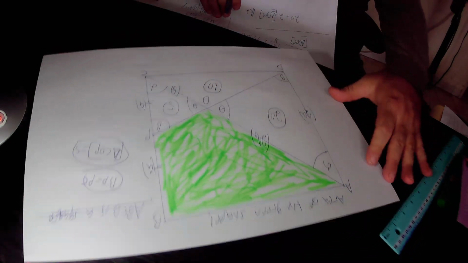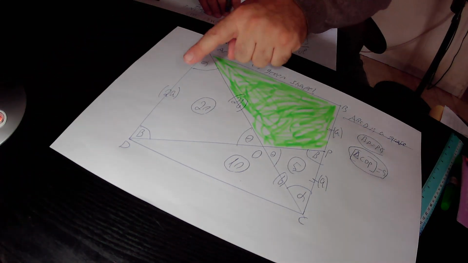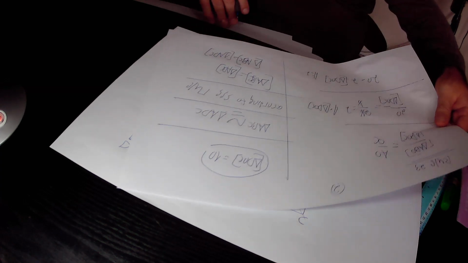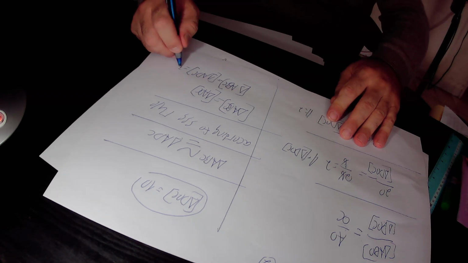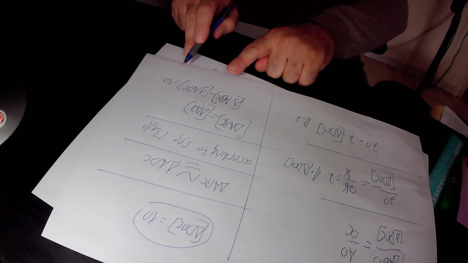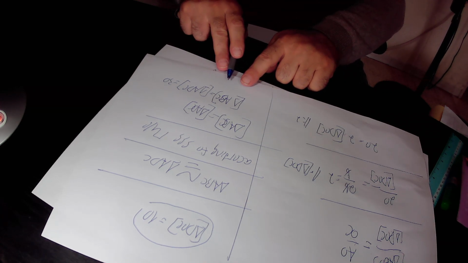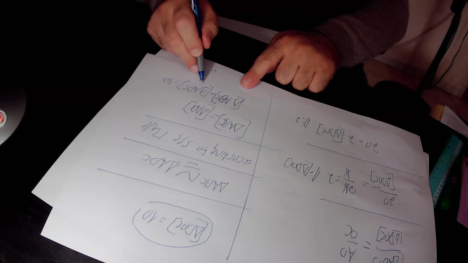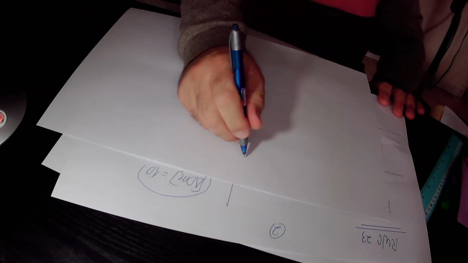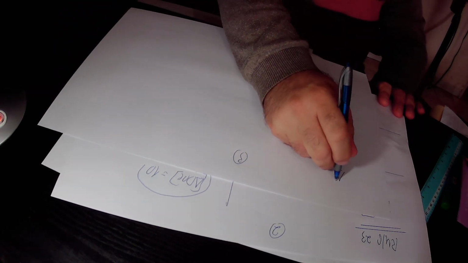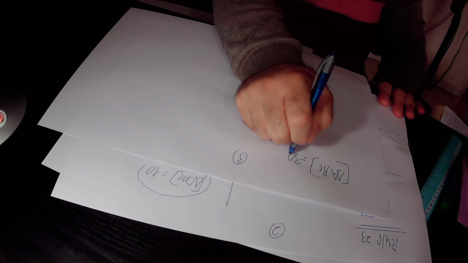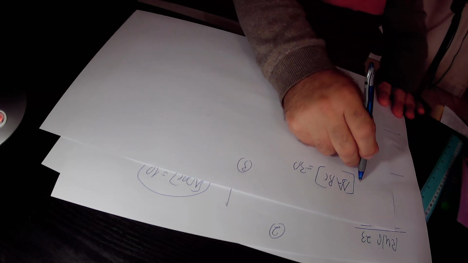But from the drawings, it's very easy to see that the total area of triangle ADC is equal to 20 plus 10, that is 30 square units. So we can write here that the area of triangle ADC is equal to 30 square units, and from this equation, the area of triangle ABC equals the area of triangle ADC equals 30. We derive that the area of triangle ABC is equal to 30 square units. So we derive that the area of the right triangle ABC is equal to 30 square units from one side, but from the other side,